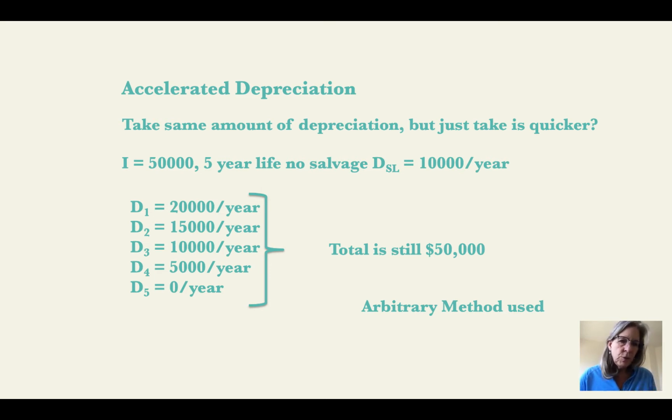There's a lot of ways of doing this calculation for depreciation schedule, but I've kind of arbitrarily used depreciation time period 1 is 20,000, 2 is 15, 3 is 10, 4 is 5, and I'm just going to have no depreciation in 5. So this is an accelerated method. We'll talk about an accelerated method in the next video called MACRS, but this is an accelerated method. The total is still 50,000,